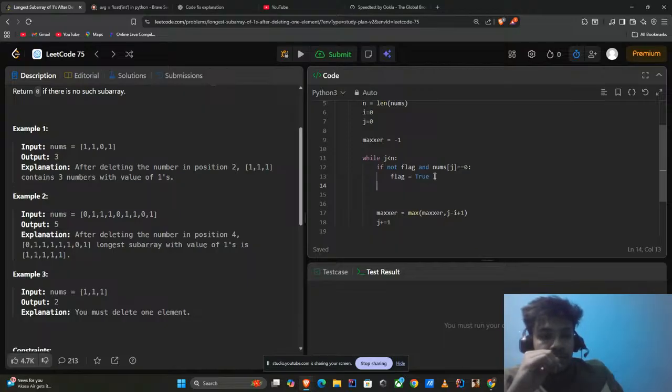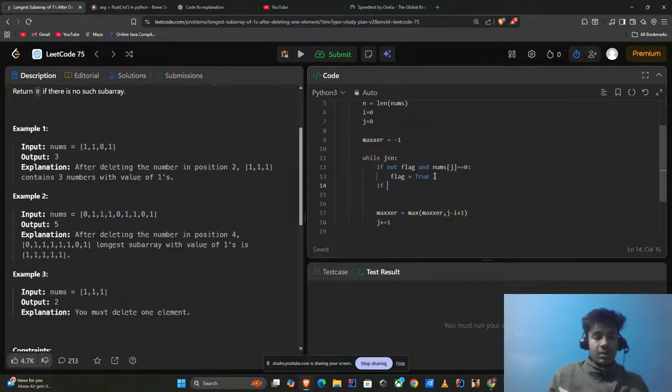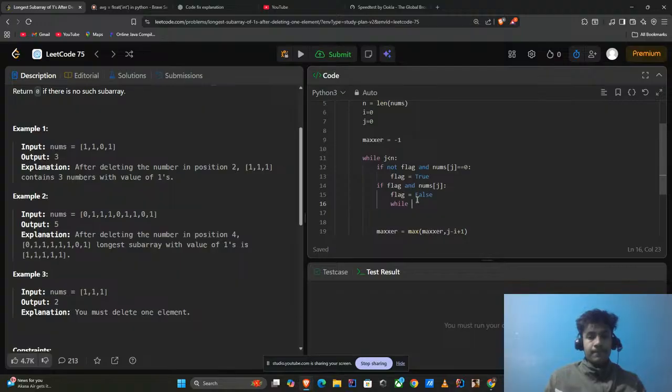Okay, if it is flag, and my current value is this, then what we can do, and I'm here, so let's make the flag false first, move the i while my... since there is only one 0, so